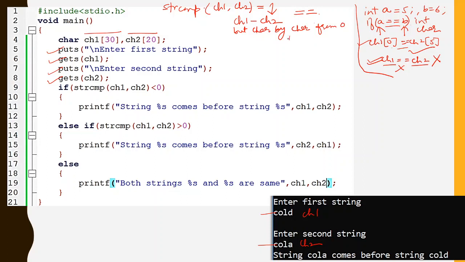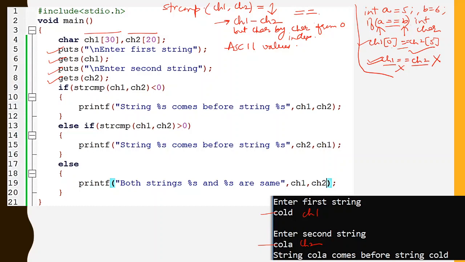And what is this character by character subtraction? If you remember, characters can also be subtracted from each other because they have equivalent ASCII values. So it is a simple subtraction of ASCII values, from the zero index.